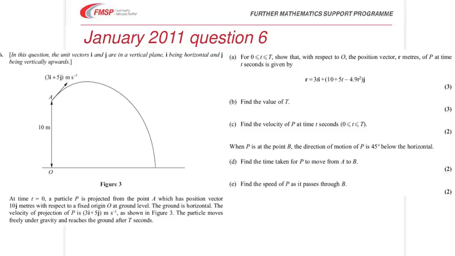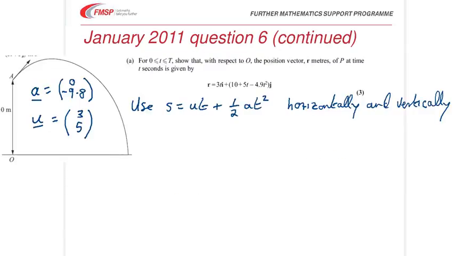So to show the position vector on the next page, we know the acceleration is 0, minus 9.8 as usual, and we know the initial velocity vector was 3, 5. For this part, to go directly to the position vector, use the suvat equation s equals ut plus a half at squared, horizontally and vertically. There's no acceleration horizontally, so the x displacement is just u times t. And the initial speed horizontally is 3. So x is 3t, and y is,